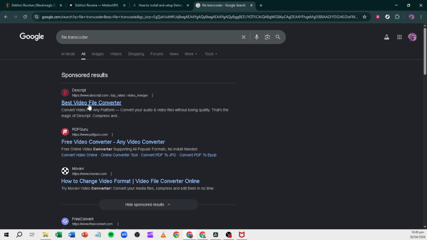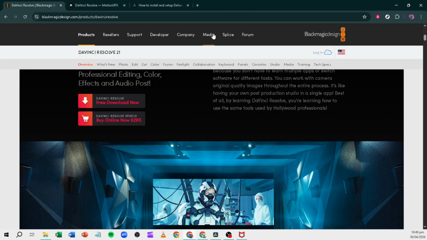Finally, try running Resolve with elevated permissions. On Windows, close Resolve and launch it as an administrator so it can access protected folders